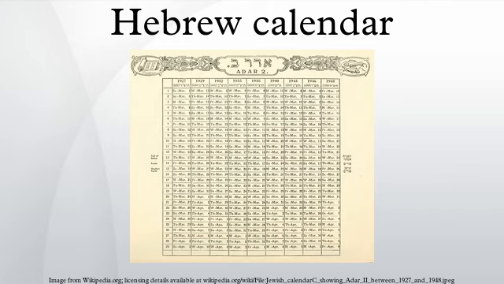Yom Rishon, meaning first day, corresponds to Sunday, Yom Sheni, meaning second day, corresponds to Monday, Yom Shlishi, meaning third day, corresponds to Tuesday,